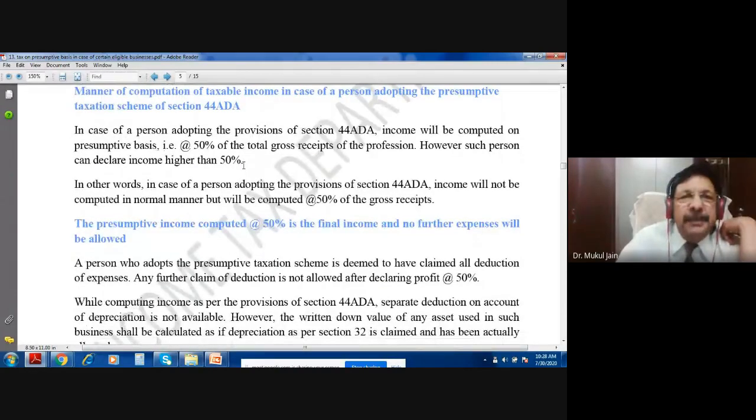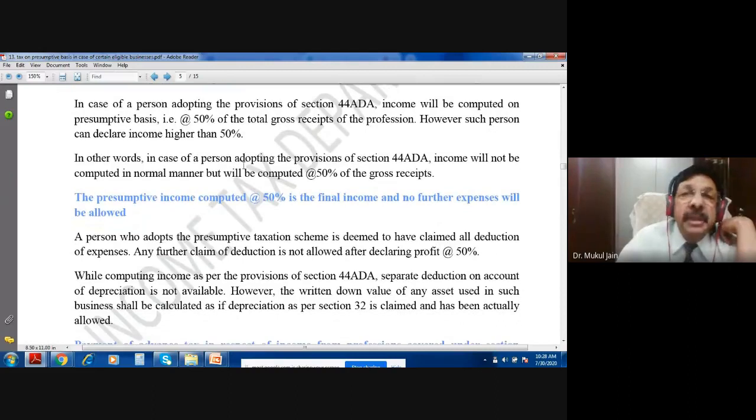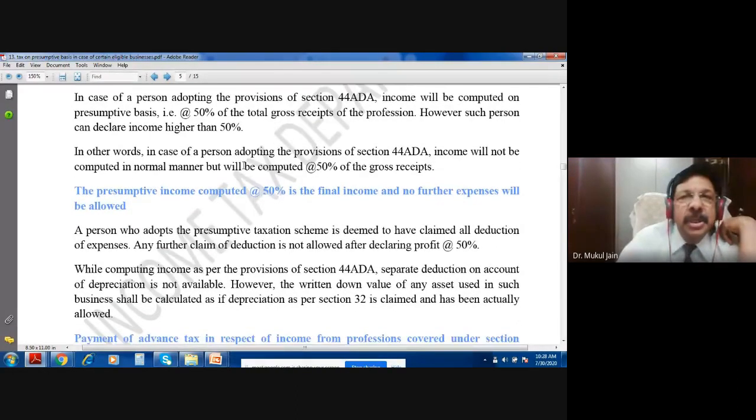अगर मैं इंडिविजुअल हूँ, एज ए मुकुल जैन, मैं एडवोकेट हूँ, मैं चार्टर्ड अकाउंटेंसी कर रहा हूँ, तो मेरे को तब भी स्लैब रेट मिलेगा, फिर उसके बाद एक्सेम्पशन और डिडक्शन भी मिलेंगी। अगर मेरे पास टोटल रेवेन्यू लेट से 15 लाख के आ रहे हैं, तो 15 लाख में मैंने 7.5 लाख रुपया मेरा एक्सपेंस, 7.5 लाख रुपया स्ट्रेट अवे मेरी इनकम हो गई, उसके अंदर फिर मैं स्लैब रेट लगा करके इनकम दिखाऊंगा। मैंने 2.5 लाख रुपया इन्वेस्ट कर दिया, 5 लाख के ऊपर मेरे को रिबेट भी मिल गया, तो मेरी इनकम टैक्स 0 हो गया। तो 15 लाख वाला 0 इनकम कर सकता है इसमें,